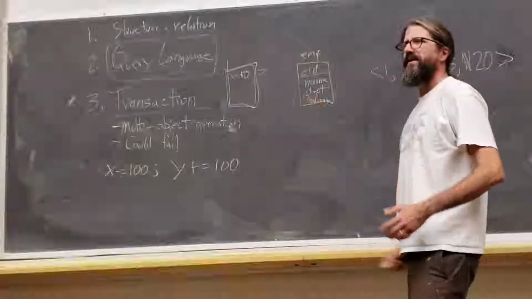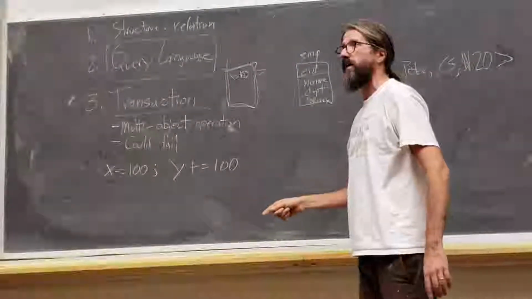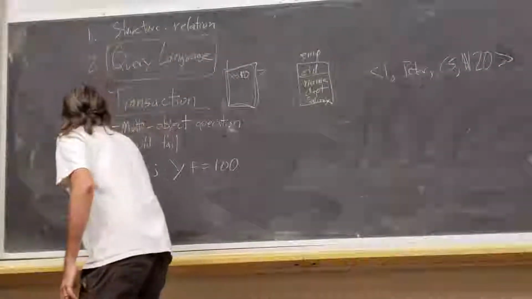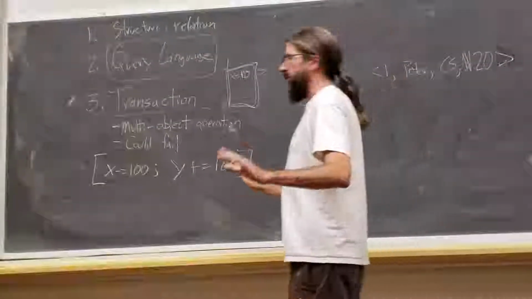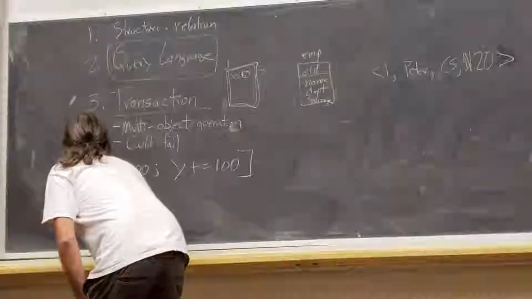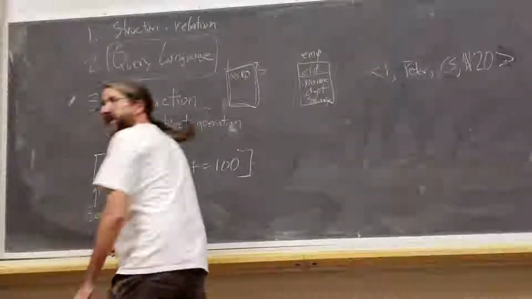Okay, those are two operations though. I need to tell the system about my intent for the system to be able to do the right thing. I need to, if nothing else, tell the system I need these two new verbs. Here's a verb that says a transaction is beginning, right? This is the beginning of a transaction.